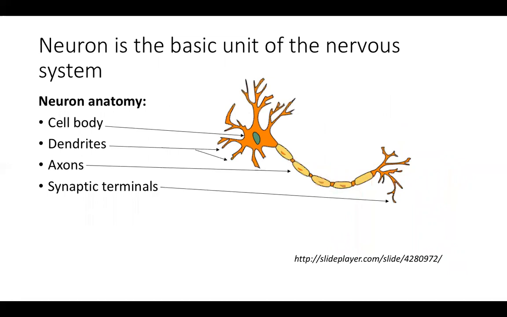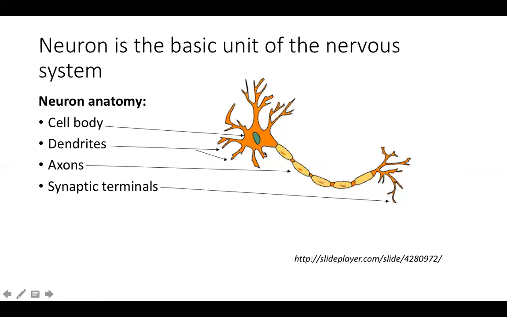Taking a microscope, what I want to introduce to you now are the units that make up both the central nervous system and the peripheral nervous system. And that is the glorious neuron, which is here depicted as a drawing. So the neuron is the basic unit of the nervous system. And it could be divided up into 4 main components.